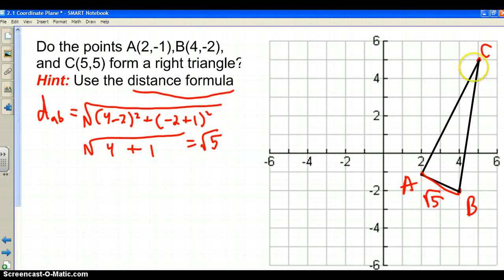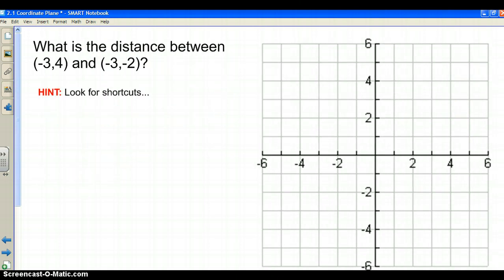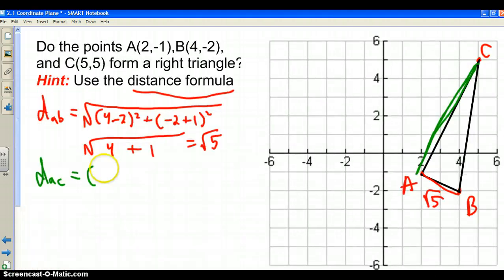Let's find another distance. Let's do AC. So this distance here. A and C, I'm looking at these 2 points. Distance AC is going to be square root of, whoops, that was weird. Square root of, let's see, A and C, so 5 minus 2 squared plus